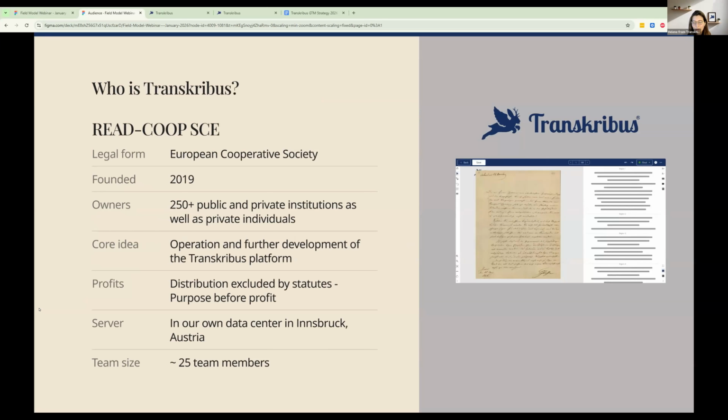Our core idea is the further development of the Transkribus platform, and our motto is really purpose over profit. So everything in terms of profit that we make is reinvested into Transkribus, and distribution is excluded by the statutes of our cooperative. So everything that we put back into Transkribus is there to develop new tools, new features, and implement them. For example, such as the field models, which I think we have had for 1.5